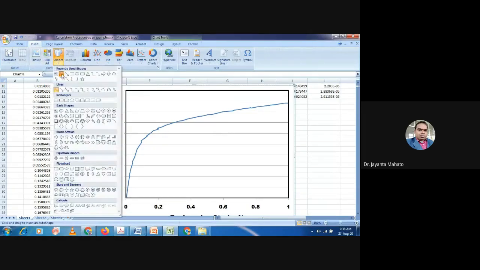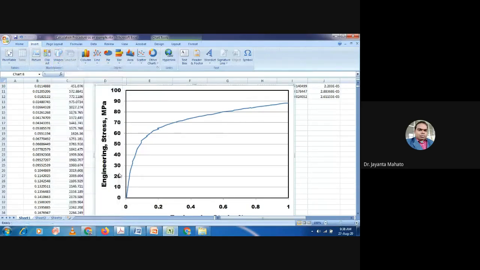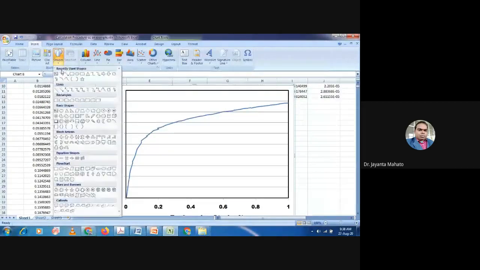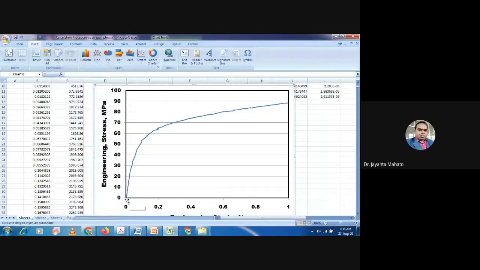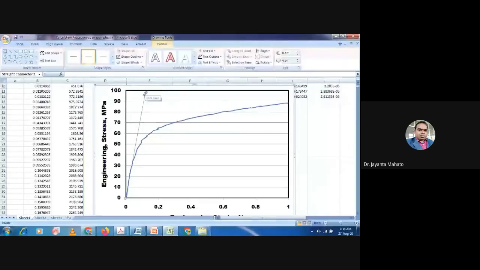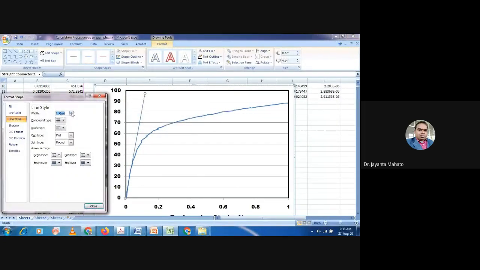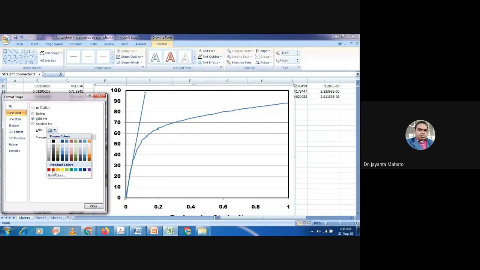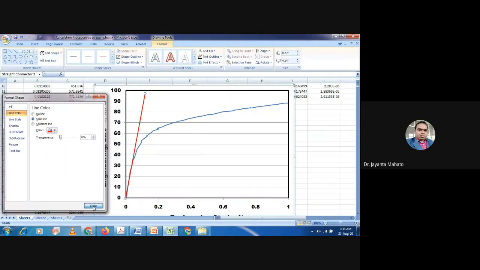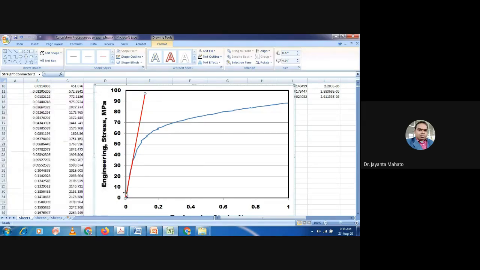I am drawing a linear line here, and I am changing the color so that you can see it. So this is the linear line up to the proportional limit.